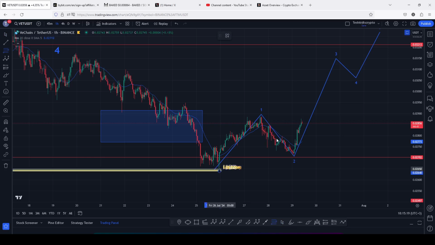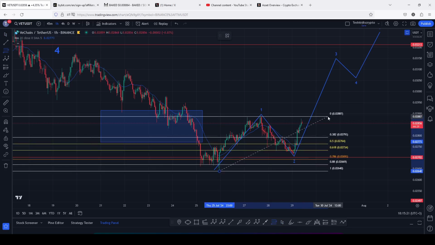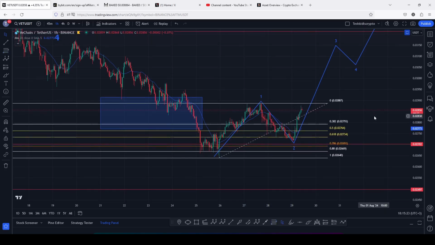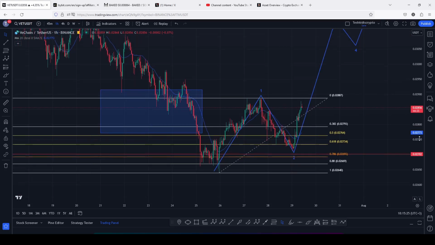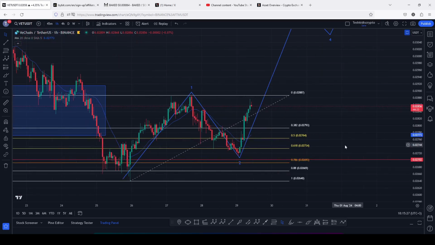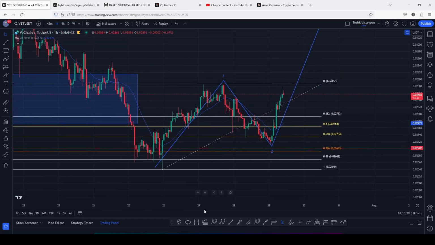from the low of the first wave to the high of that Elliott wave count 1, giving me a minimum pullback target area for the second wave between the fib level 0.5 and the fib level 0.618, which perfectly lies between the 0.02764 and the 0.02734, which is an area that we fully maximized. And we are now seeing a bounce on this target area over here in what could be the start of